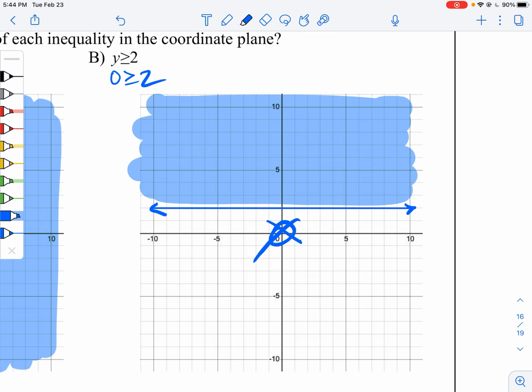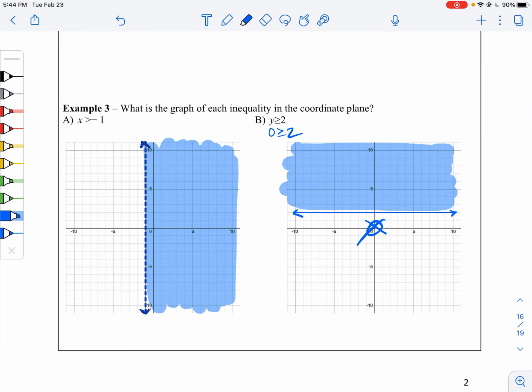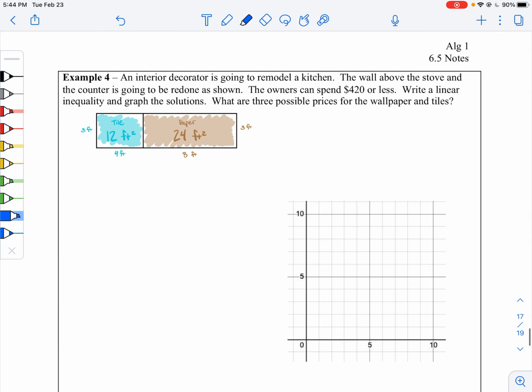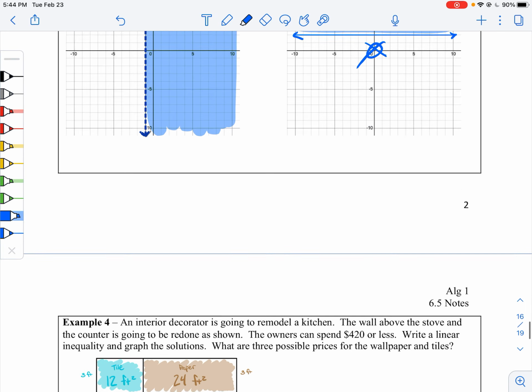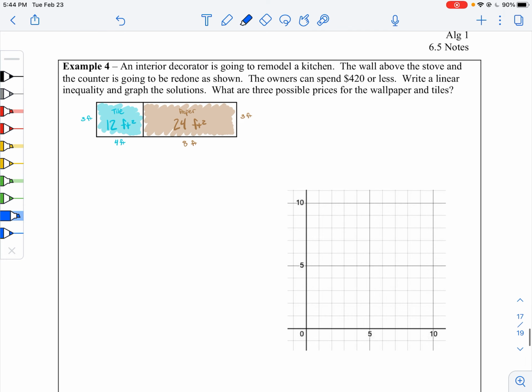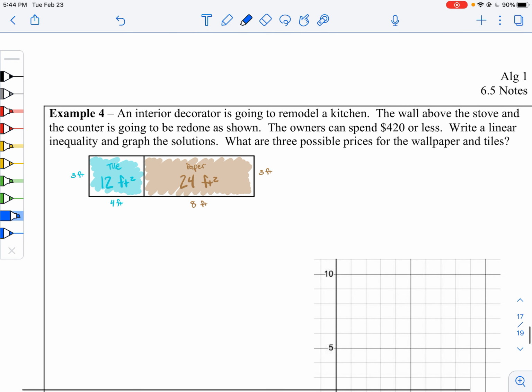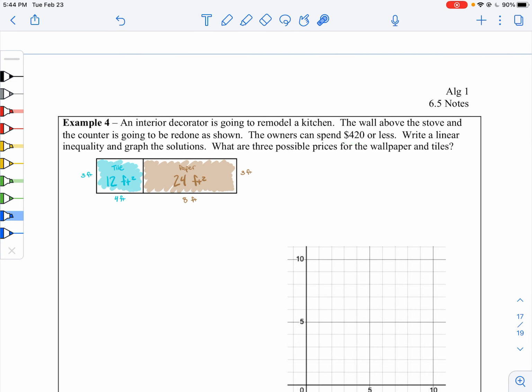Cool. Okay, we have one more. When are we going to use this in real life? Well, I'll tell you. Let's say that you're going to redo your kitchen and you have this wall above the counter, and it's going to be redone where you have tile over here. You have 12 square feet of tile, and then you have 24 square feet of paper,